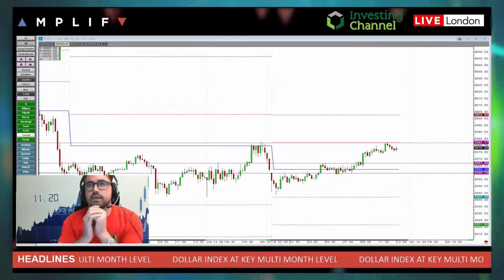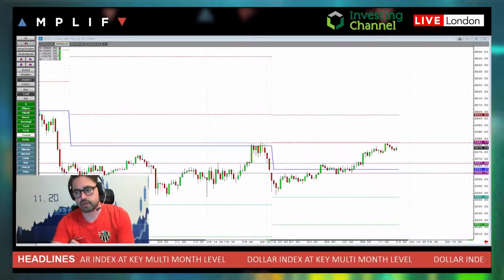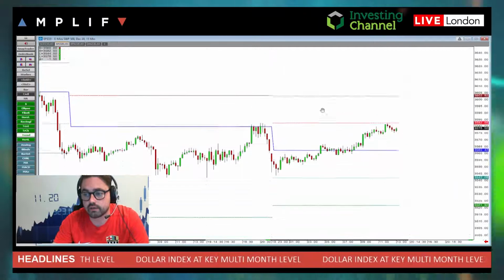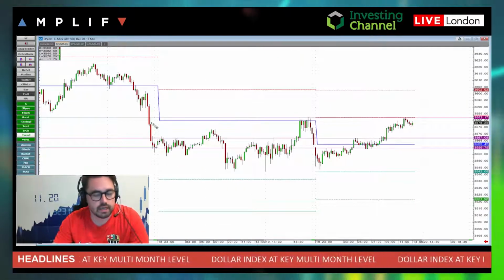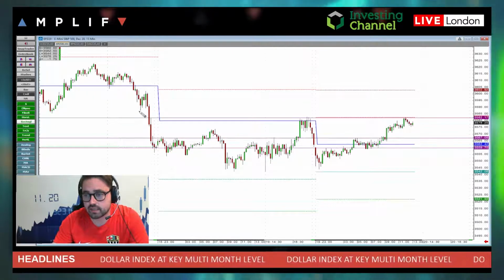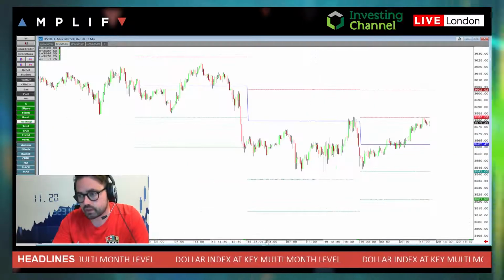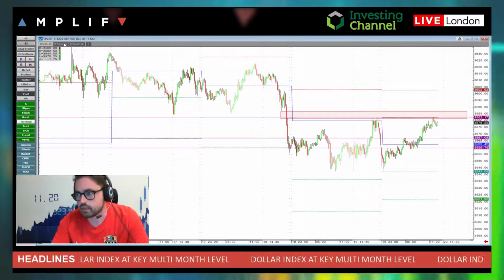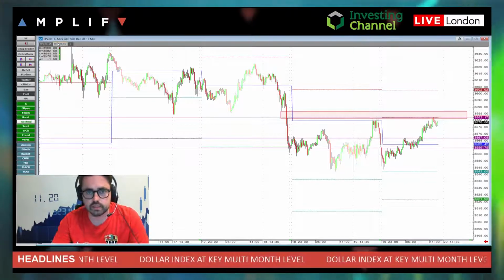Relatively quiet. We did actually gap lower in US equities, but we rebounded that in the early trade and continued on towards the recent high of the day, which is yesterday's high as well, and actually some resistance that we found late on Wednesday evening. It's a key level. It's my line in the sand to the upside, along with a bit of a zone a few points ahead. So going to be a point the bulls would love to break for the end of the week, and let's just mark that up there, 35.80,